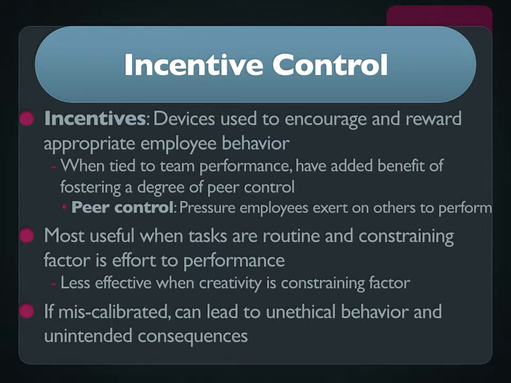So this is the issue with pay for performance, as we've talked a little bit about throughout this semester. The very interesting thing is human beings can be incredibly motivated by extrinsic rewards and threats. However, that extreme motivation also has some interesting effects on how we see things. The greater the external motivation, so the greater the threat or the greater the external reward is, the more likely we are to focus our vision solely on the task and ignore any alternative information. So thinking outside of the box becomes more difficult.